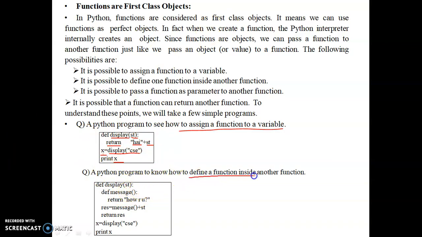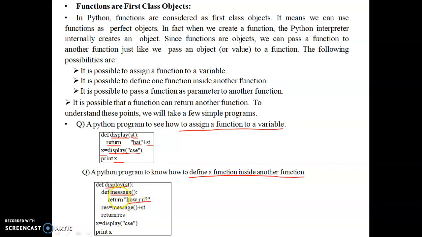Okay, and here is the example to define a function in another function, that is, we want to write a nested function. Here we have display as the outer function and message as the inner function, that is a nested function, and the message function returns the value how are you.